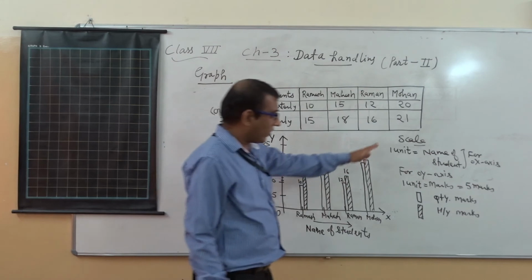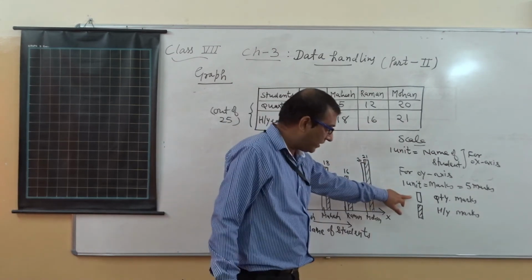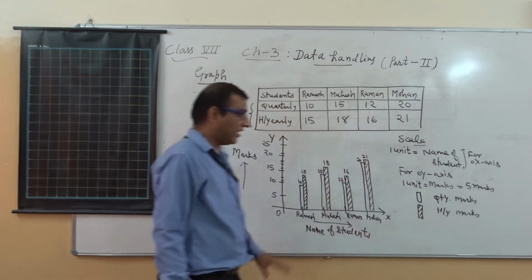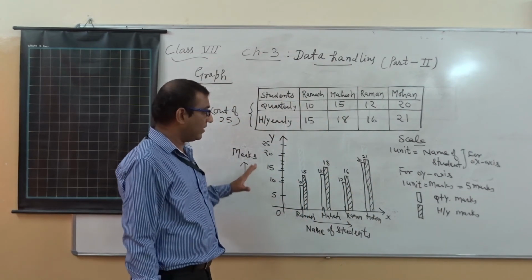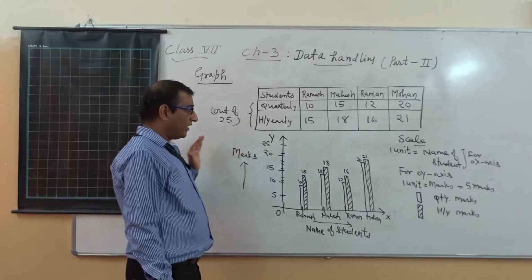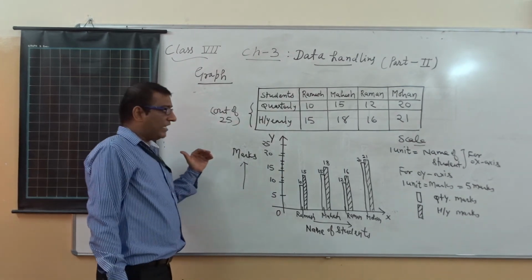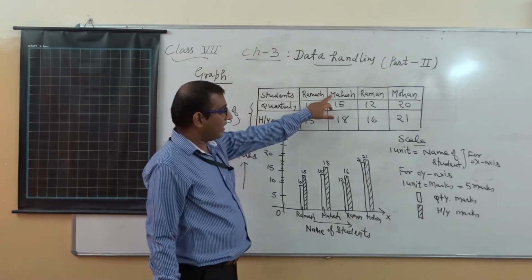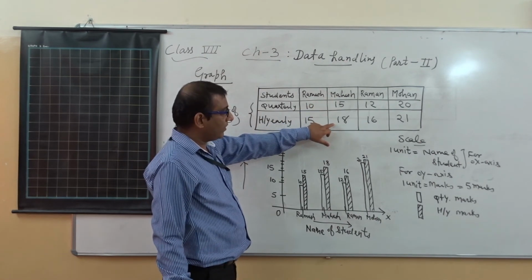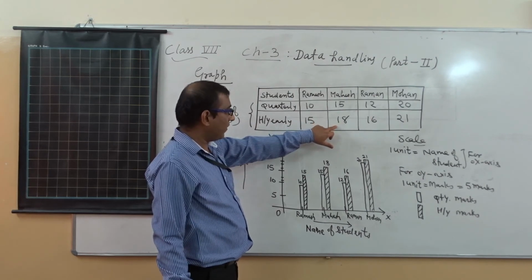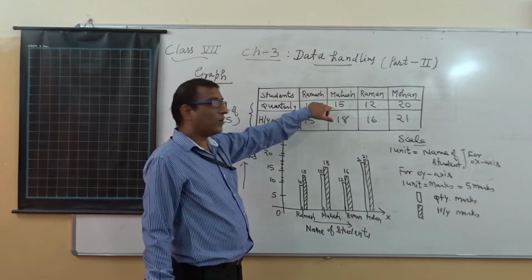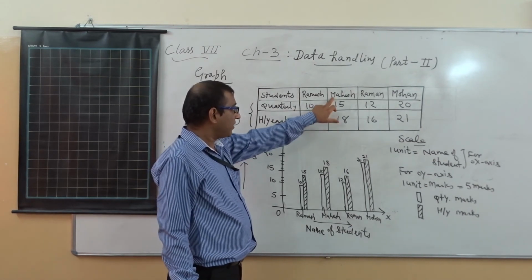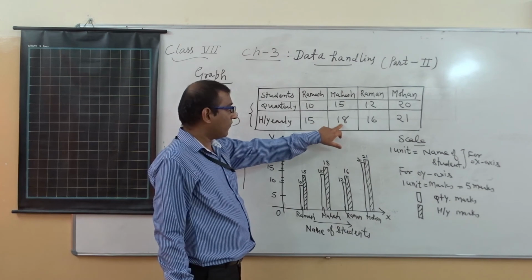And this is the concept of scale. As you see here, the black building is related with quarterly marks and the shaded building is related with half-yearly marks. The conclusion is that with the help of a double bar graph, we will easily compare their data. We can say that Mahesh is getting more marks in half-yearly rather than quarterly. Or we can say Mahesh improved himself in half-yearly.